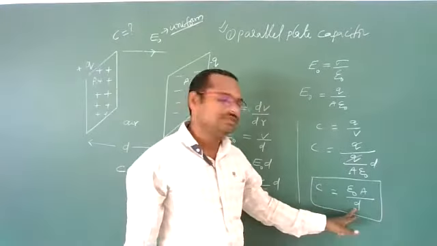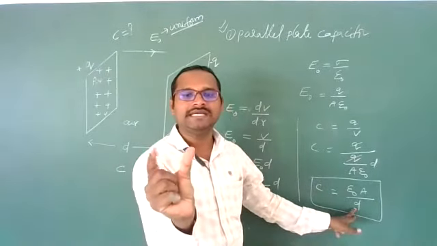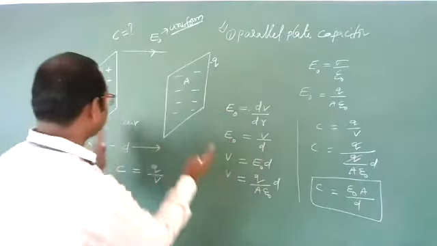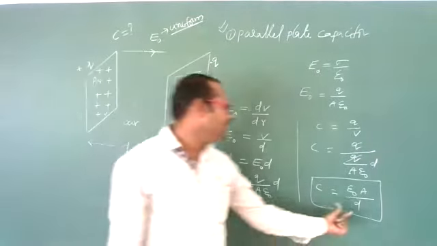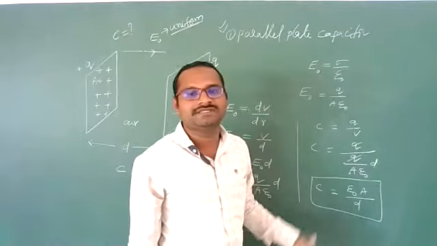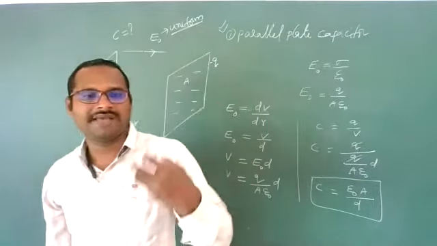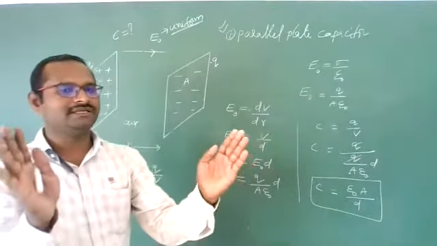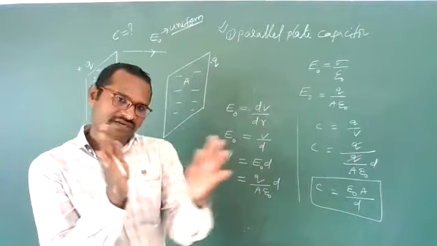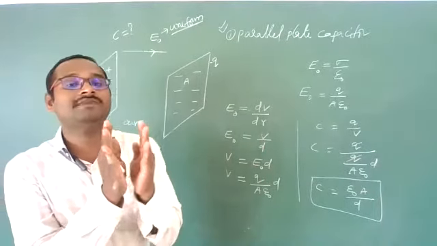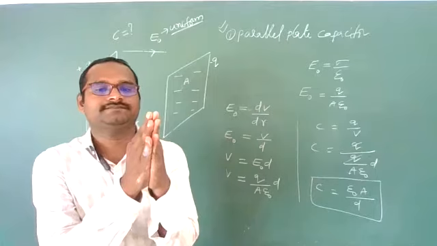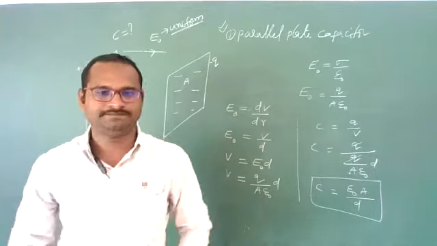Now, let us suppose, students, you want to increase the capacity of a capacitor, what can you do? Simply, you can decrease the distance between the two plates. If you decrease the distance, then what happens? The denominator is decreasing, so capacity will increase. But how small a separation should we give? It should be very small, but the plates should not overlap each other. There should be some small separation.